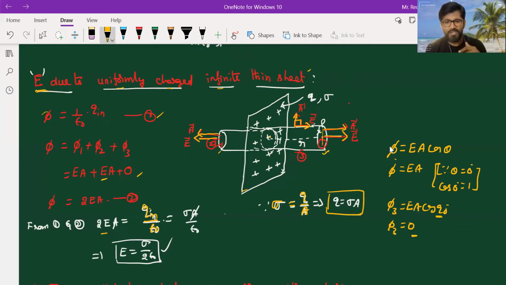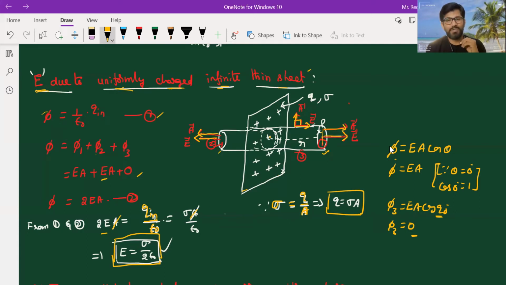So from this, we can write charge is equal to sigma A. The charge enclosed is sigma into A, the area which encloses this surface. So we can write it as sigma A by epsilon naught, and as 2EA is equal to sigma A by epsilon naught, here A and this A get cancelled out. So we'll get 2E is equal to sigma by epsilon naught, or E is equal to sigma by 2 epsilon naught. This is the electric field due to this uniformly charged infinite sheet. Is this clear, guys? Right, very good.